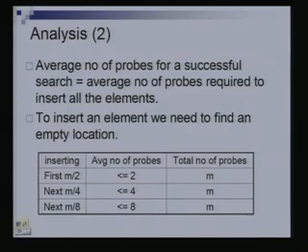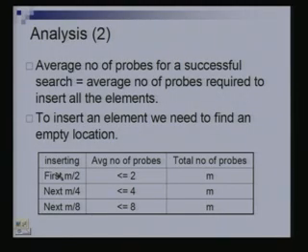Half of the table is empty. So, when I try once, I will maybe hit a full location, maybe when I try again, in expectation I will just need 2 probes to be able to insert this 50th element. For the other first 49 elements, I might on an average even require less, but all I can say for sure is that the average number of probes required for inserting these elements is less than or equal to 2. And how many elements am I inserting? m by 2 elements. So, the total number of probes required is less than or equal to m on average for these first m by 2 elements. When I show you the rest, you will understand why I am doing it this way.